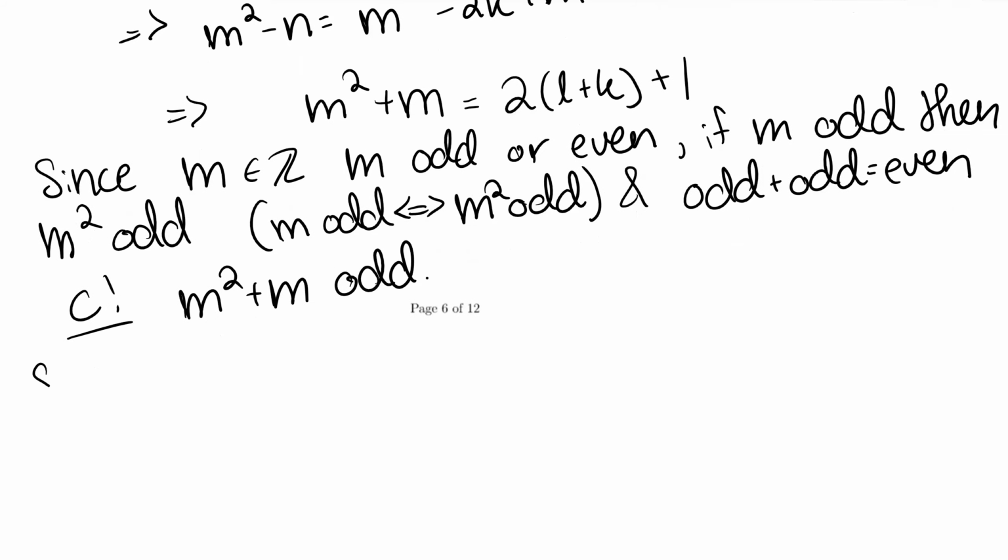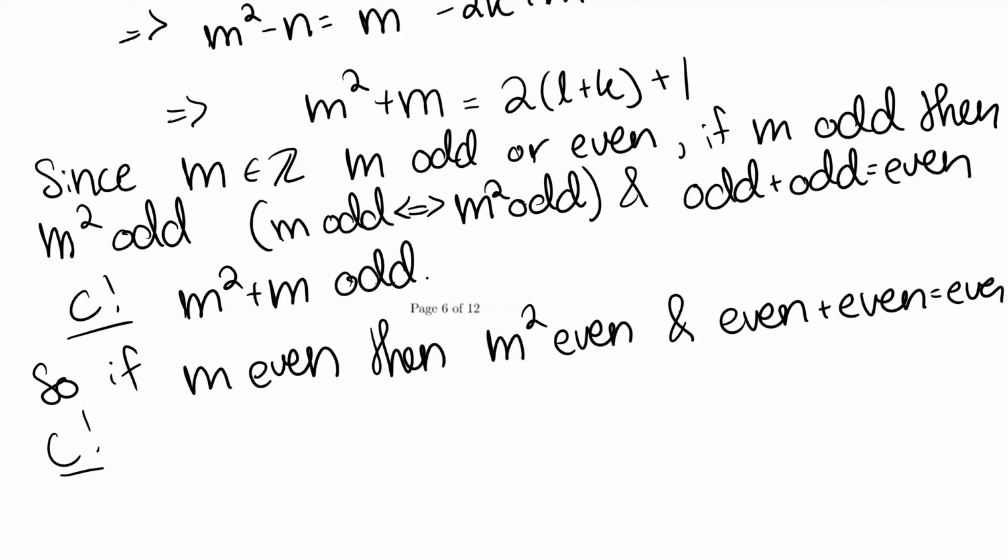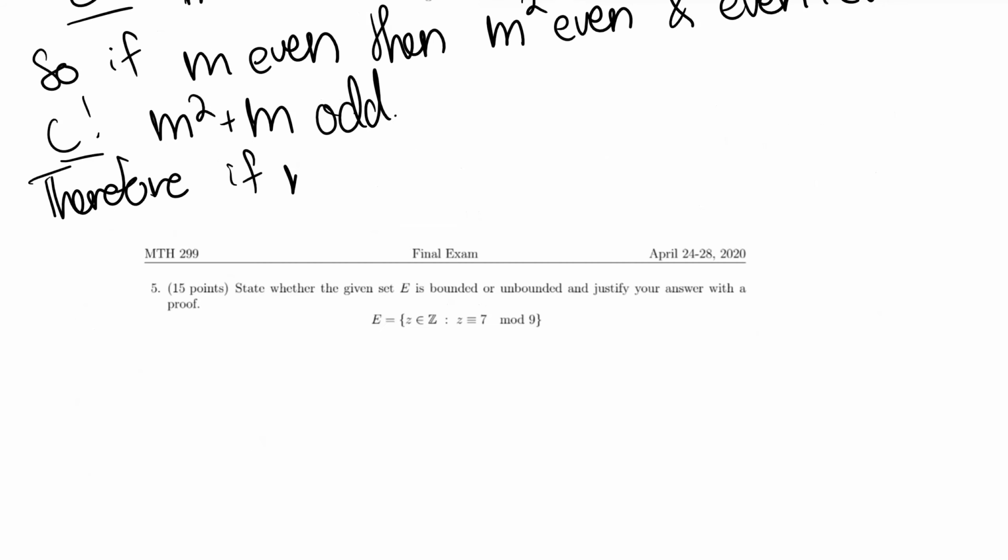Okay, so then maybe m is even. Well, it's the same argument. Then m squared is even, and even plus even is certainly even. Contradiction, since m squared plus m is odd. Therefore, if m squared minus n is odd,